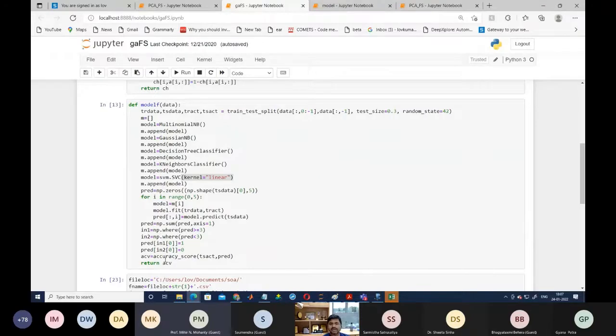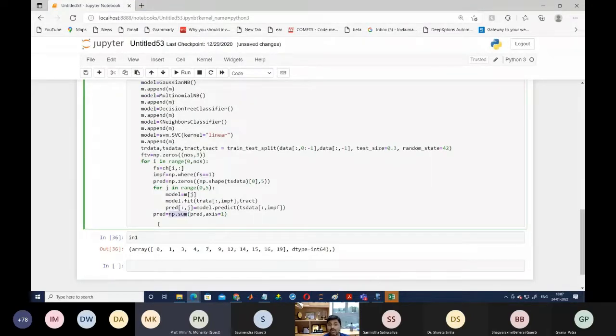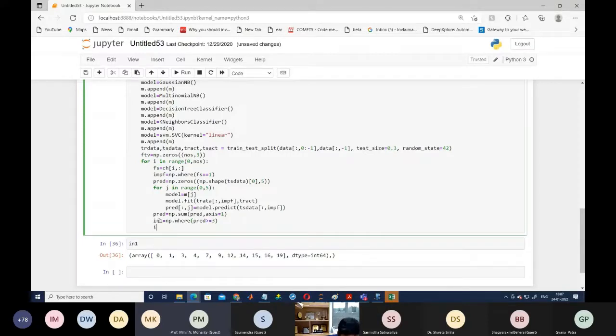So here we are going to find how many models are saying that we will get the job, and if the majority of the models, if at least 3 models are saying we get the job, then we consider it an actual job, meaning definitely we will get the job. So in1 equal to np dot where PRED value is greater than or equal to 3, and in2 equal to np dot where we find the samples where the predicted value is less than 2.